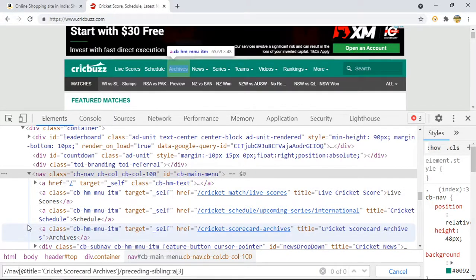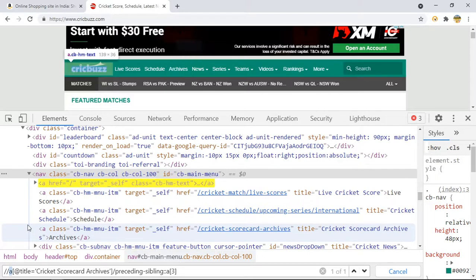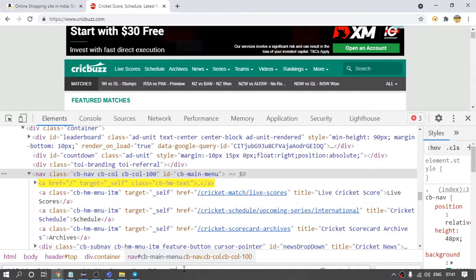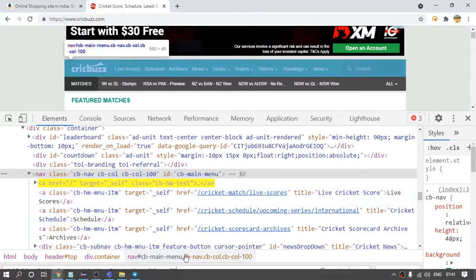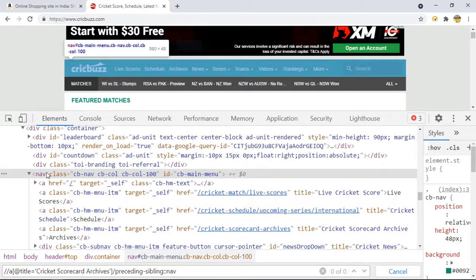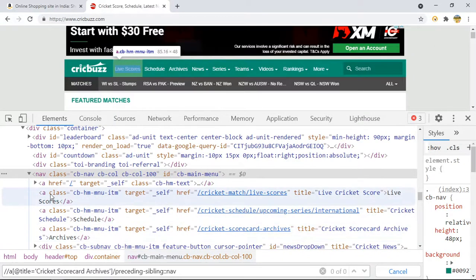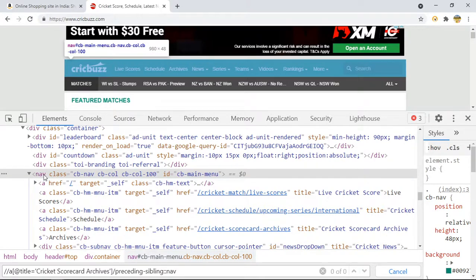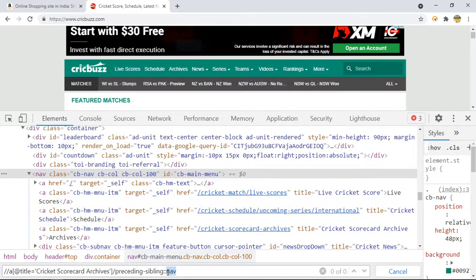In the XPath which you have designed, preceding-sibling::a[3], if instead of a we give nav, what will happen? You can see, nothing will happen, because it is only identifying siblings. Nav is not a sibling, it is a parent. These three are the siblings. That's why it is not giving anything. Only for a sibling will it give a result, right.